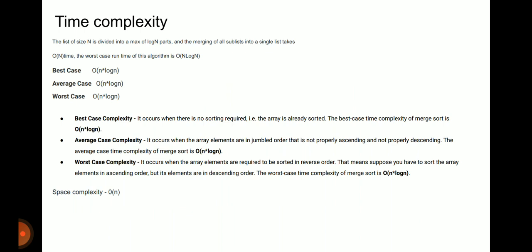The average case occurs when the array is randomly ordered, that is not properly ascending and not properly descending. The average case time complexity of merge sort is big O of n log n.